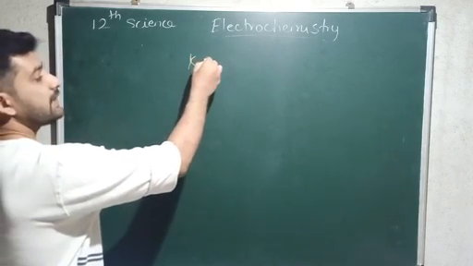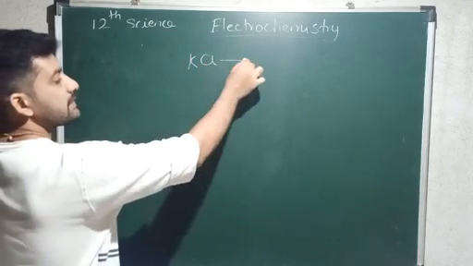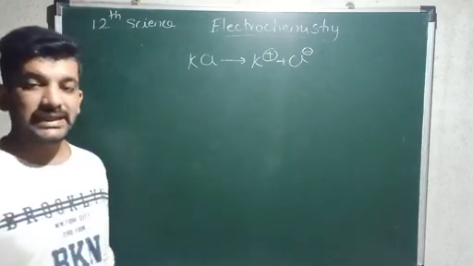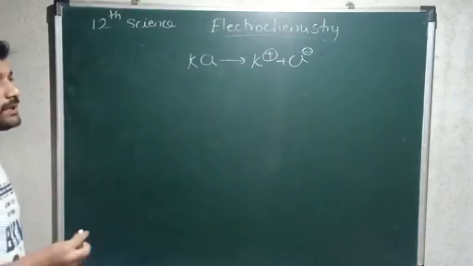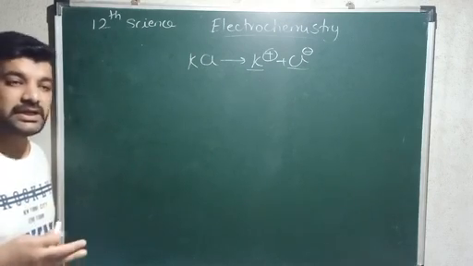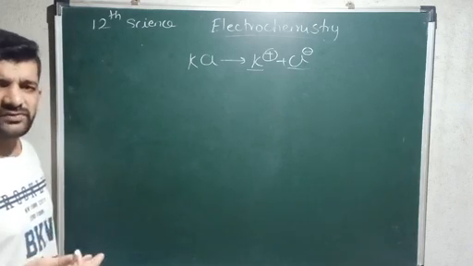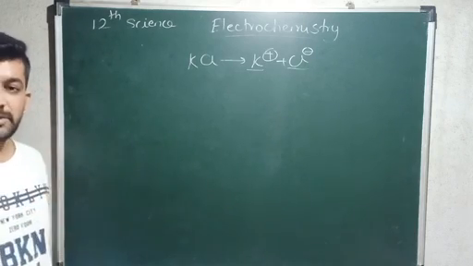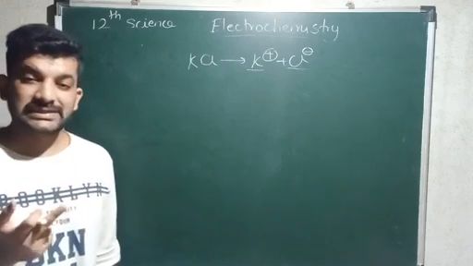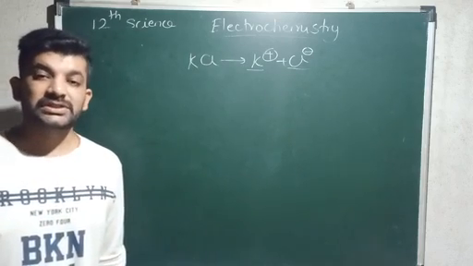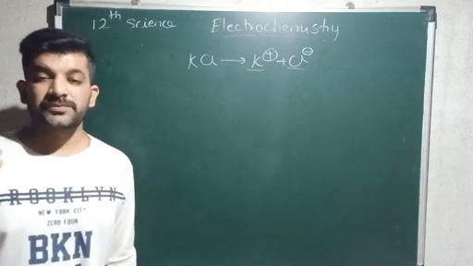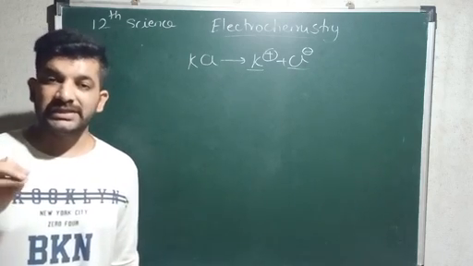like let us say K and Cl. If I am having KCl, KCl will dissociate into K plus and Cl minus ions. At infinite dilution, these ions move in the electrolyte solution independent of each other, means they don't interact with each other. At infinite dilution, K plus and Cl minus ions are independent of each other, they are not interacting with each other, and they are moving freely throughout the solution. That is what the law says.